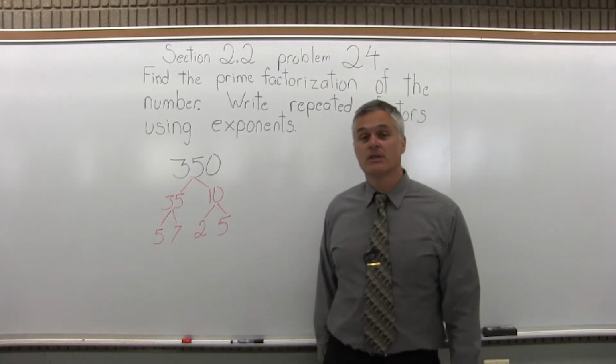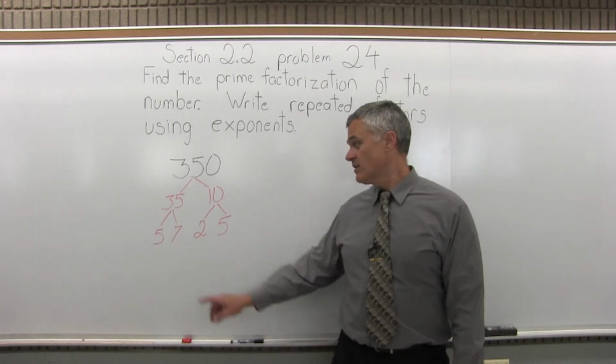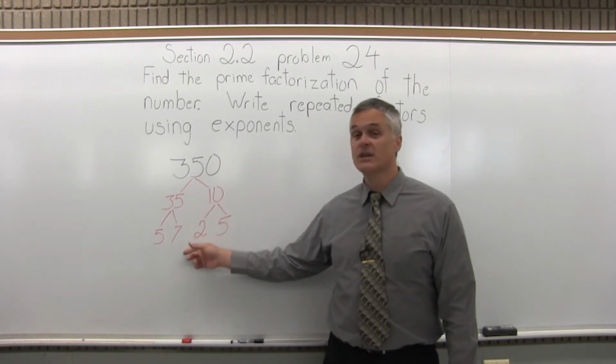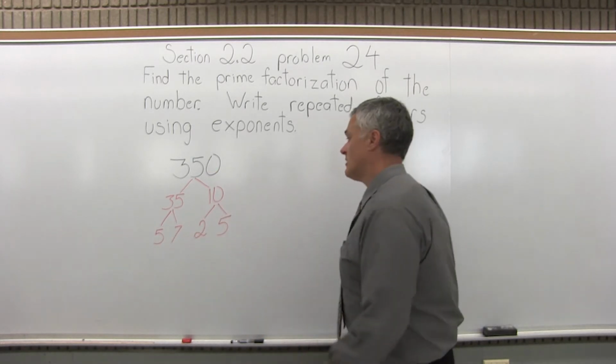Now at this point, everything in that row is prime, so this is as far as I can go. 5 times 7 times 2 times 5 multiplies to make 350. They're all prime numbers. So I will write